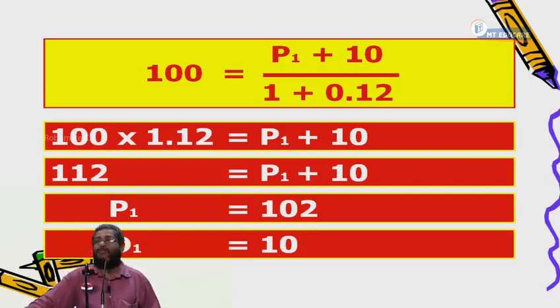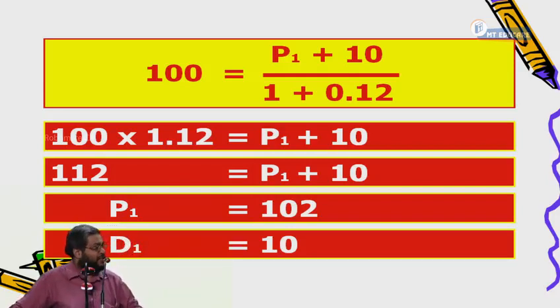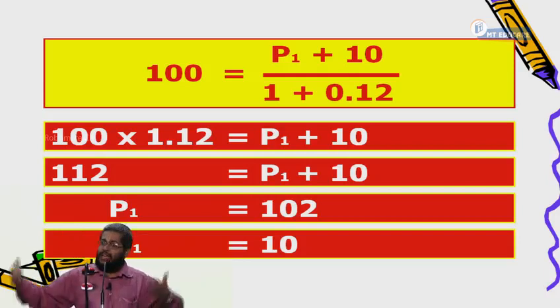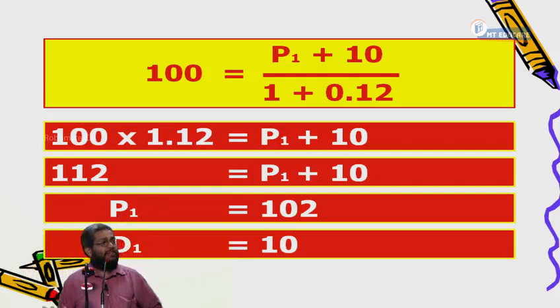Why without dividend the share is 112? Why with dividend the share is 102? Because without dividend the company is more wealthy because the money has not gone out of it. Yes or no? With dividend the wealth of the company reduces because some of its assets have been given to the shareholder. Everybody yes or no? So earlier it was a share price loaded with dividend. Now the share price is sans dividend. It is without what? Dividend. 10 rupees has gone out of the company, hence 112 becomes 102 if the dividend is declared.